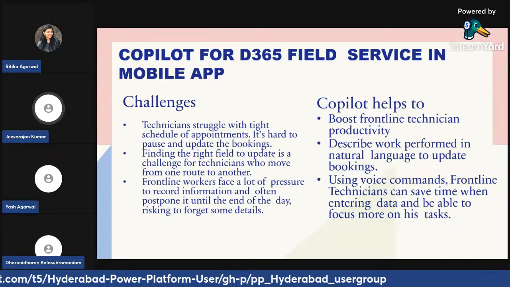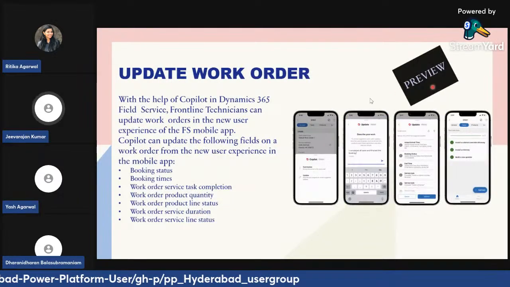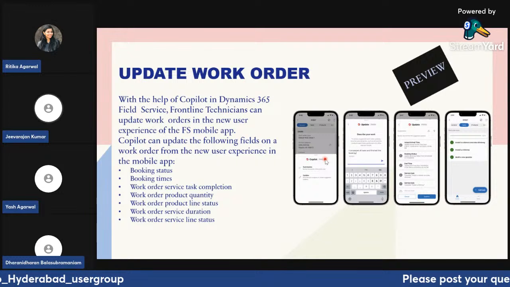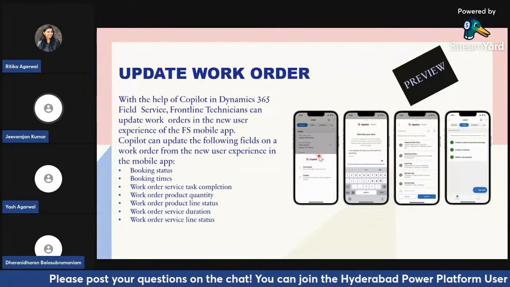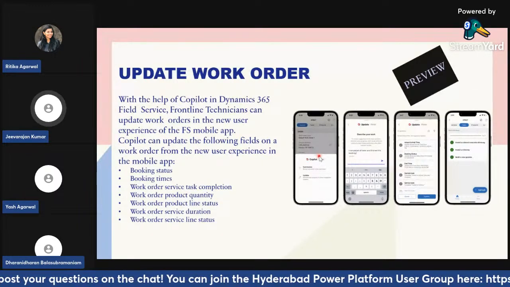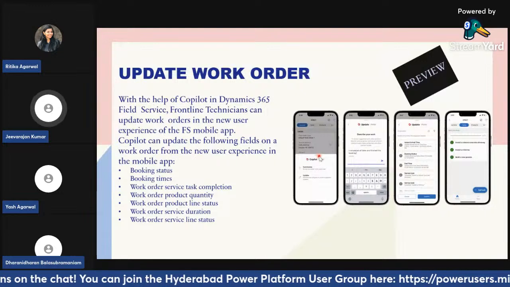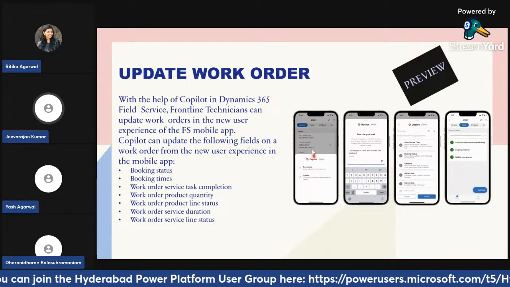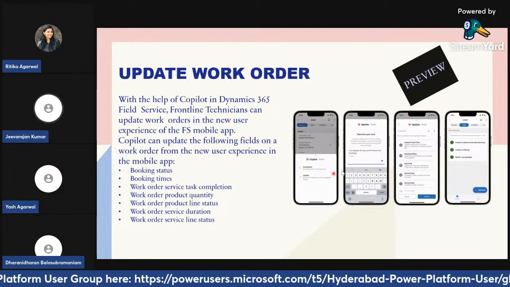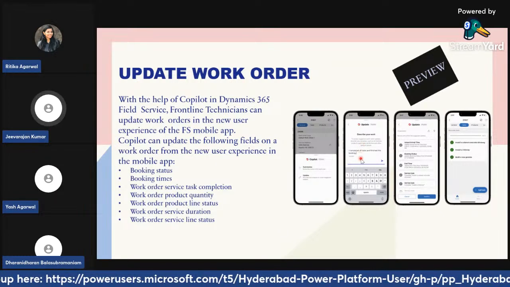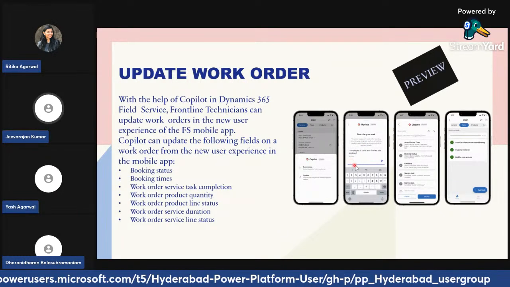If I show you shortly, for example, this one, updating a work order. When technicians are working in the field and want to use the phone to update the work order information, they will have multiple service tasks and multiple quantities to update. There will be plenty of information that a technician needs to update. Instead of going one by one, what they can do is use the update feature here, and then describe to the Copilot: complete all the tasks and finish the booking.